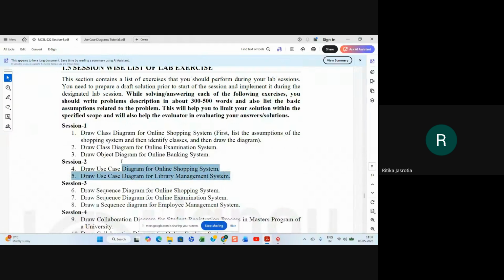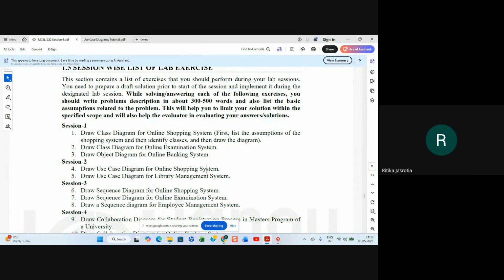Can you draw a use case for online shopping system? Find out the actors in the online shopping system and the use cases in the online shopping system. Can you do that? Yes, ma'am.